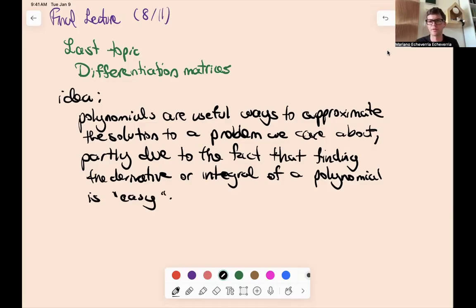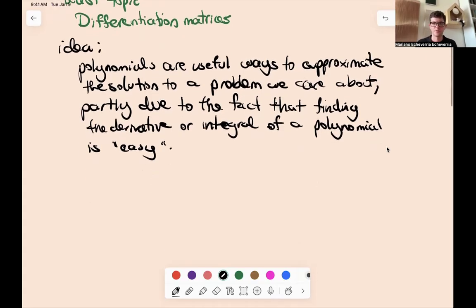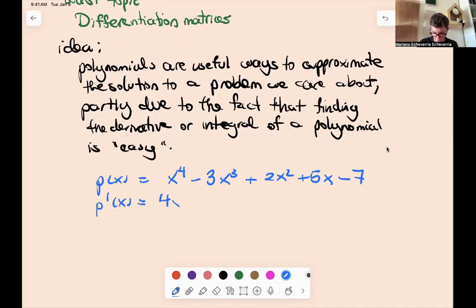Basically, you can write any polynomial that you want. Let's write something of degree 4, I don't know. And finding the derivative is almost like you do it term by term. So in a sense, it takes very little time. But that is true. But one of the things we have been doing when we were finding polynomials is that